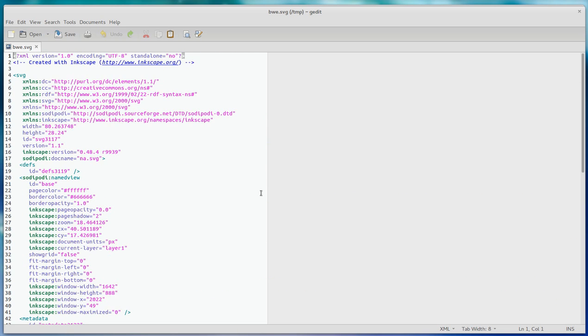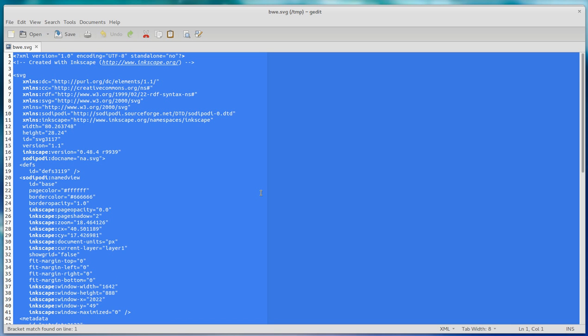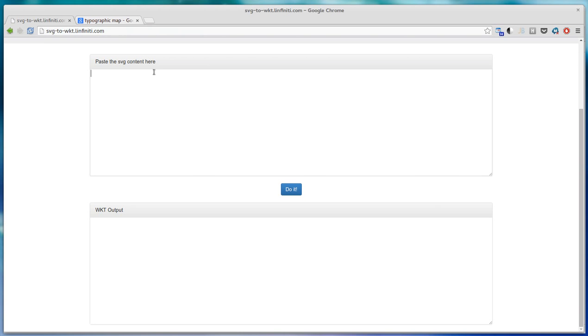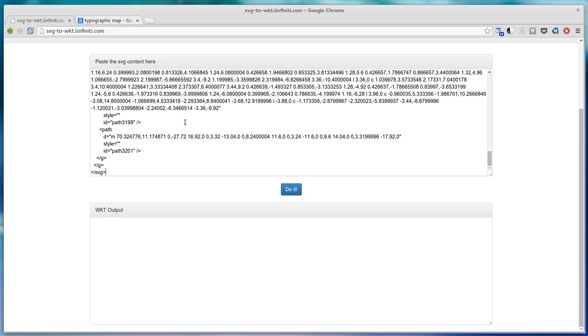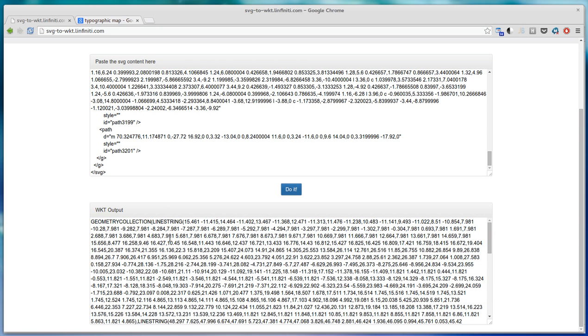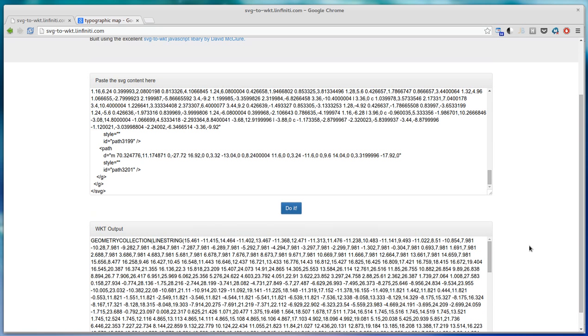And then I'm going to go and open my text editor and grab that SVG file. And if you look inside, you'll see that the paths that make up those letters are basically just coordinate pairs, just like we would have in a GIS. The only problem is that they're in a coordinate space which doesn't really match anything that we're using in a GIS. So I'm going to select that whole document, put it in my clipboard, and then go to this website of mine,